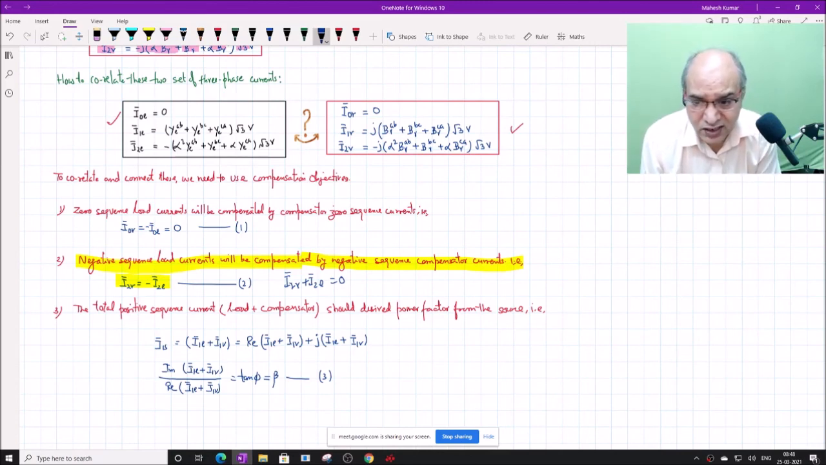And the third condition comes from that the total positive